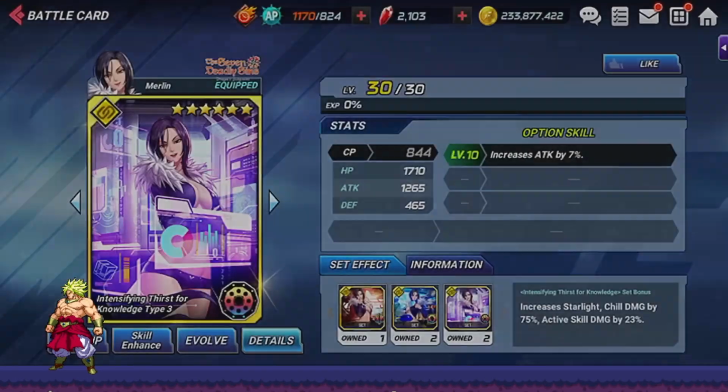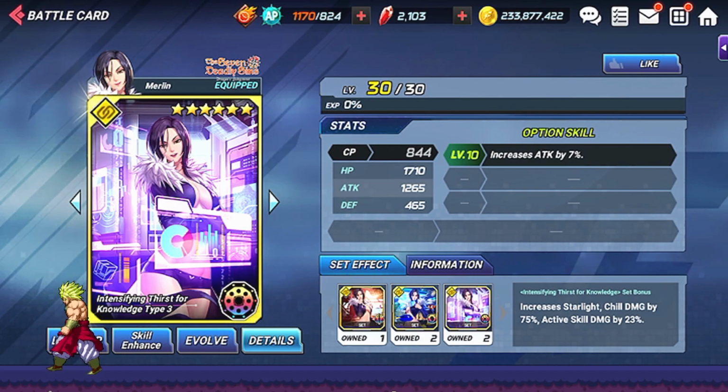This set right here offers 21% extra attack with all 3 cards combined, and it gives you increased starlight and chill damage by 75% and the active skill damage by 23%. Now, something to note about these card sets is they're not fest sets. If you take a look at this card set, you have a CP of